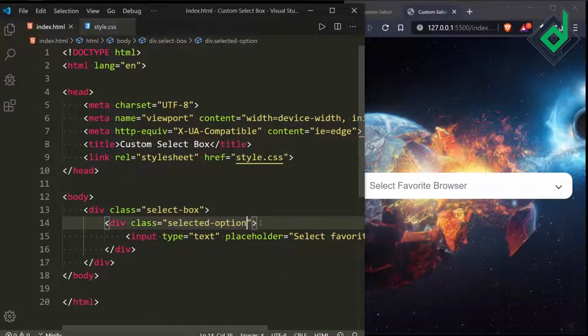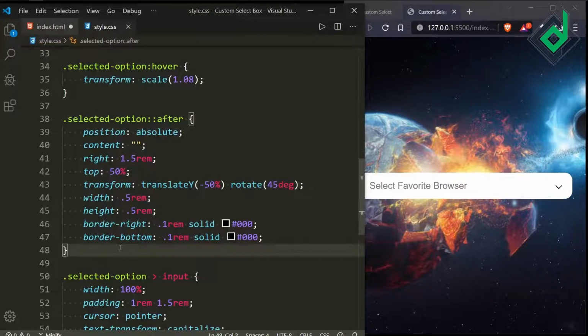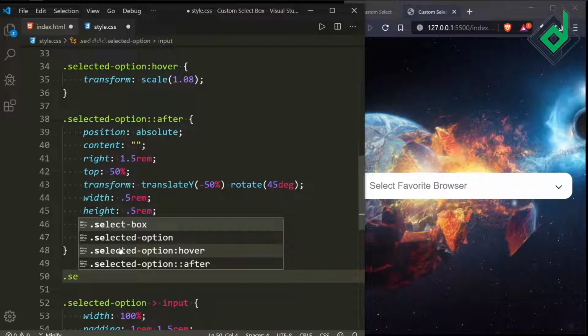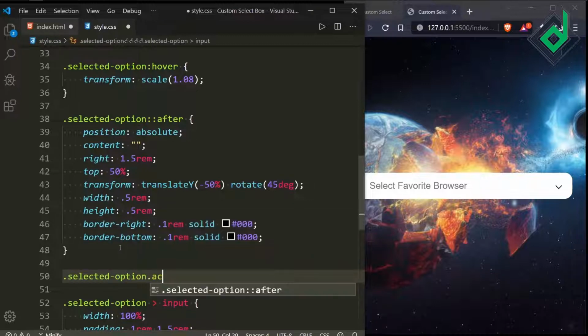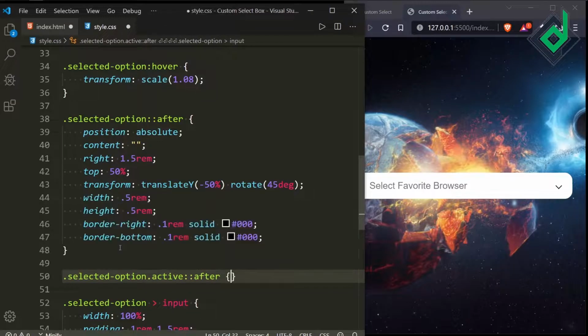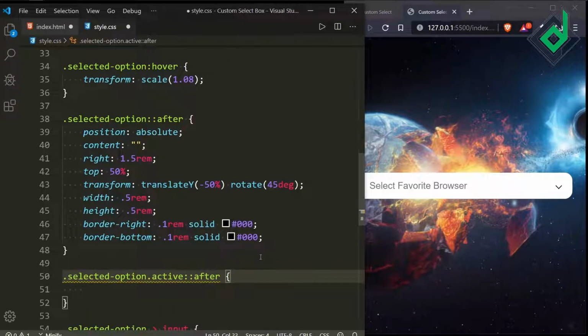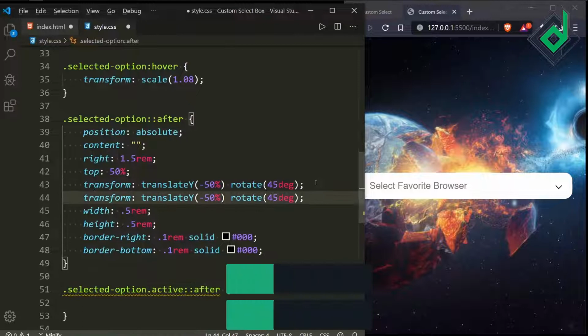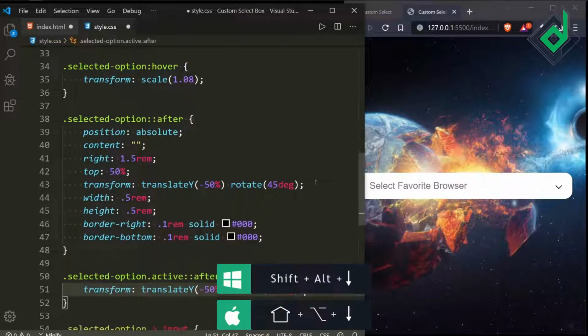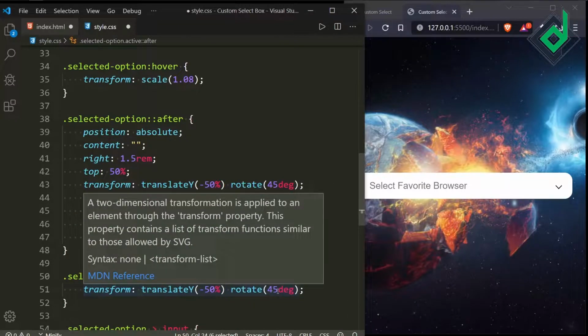Now for the div with class name selected option, when you give that active class, for the after pseudo element, let's change its transform. So let's duplicate this code and take it to the active class, and instead of that rotate 45 degrees, let's give 220 degrees.